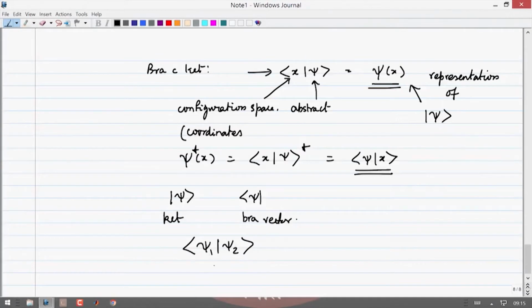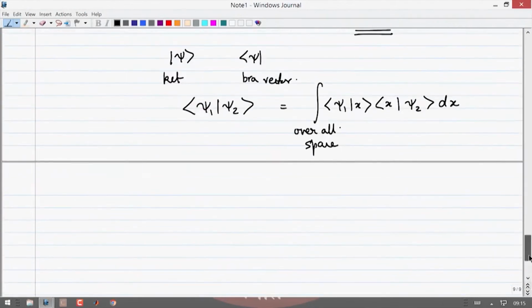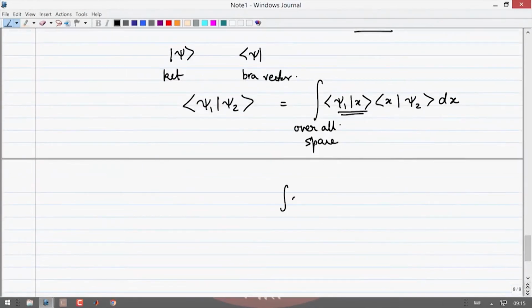And if you want to take the scalar product of two such abstract vectors, they are written using the operator space that we have earlier introduced, except now we are using continuous vector space. Therefore, what we will have is psi 1 of x, x psi 2 dx over all space available. So, this is the coordinate representation scalar product, and you can recall immediately that this is psi 1 star x and this one is psi 2 x dx.